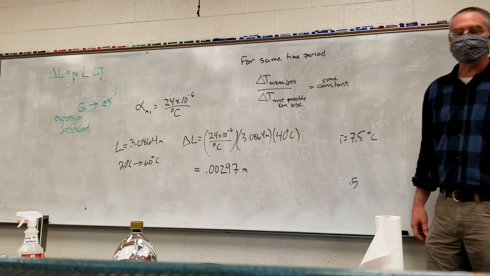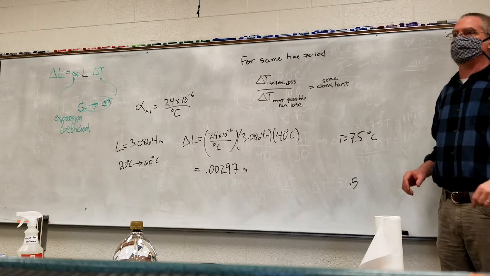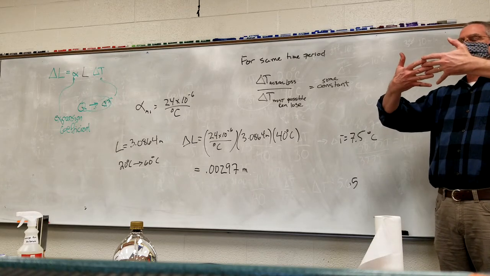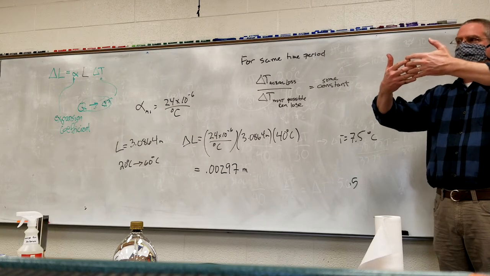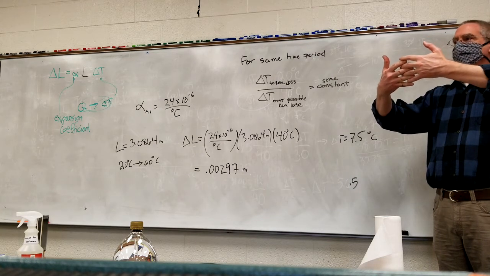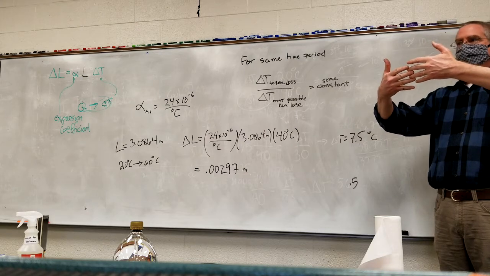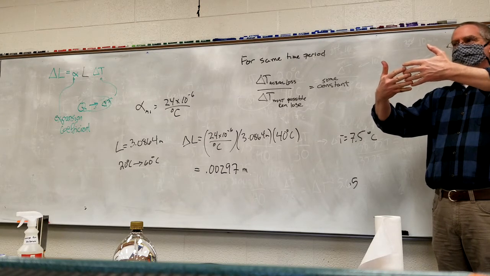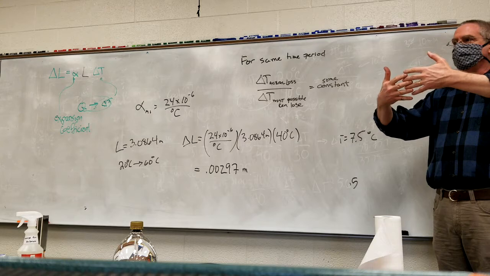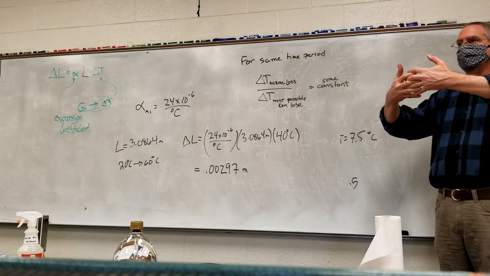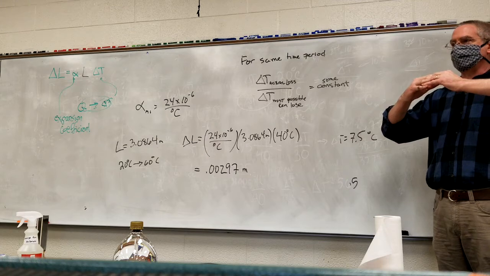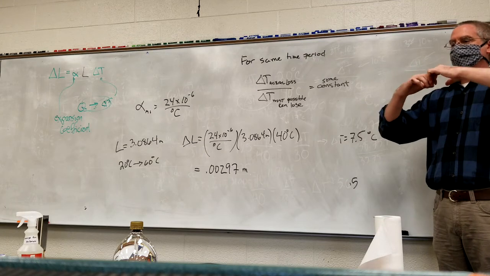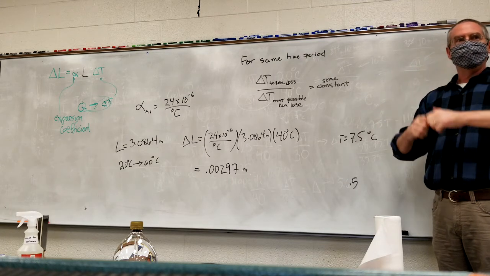But it is something you do need to take into account, especially bridges, where you've got the gap there and you've got the metal, when your car goes over it, you hear the boom. That's there to account for the expansion. It's going to shrink in wintertime, it's going to expand in summertime. You don't want it butted up against itself. You don't want just one solid piece of concrete. You've got to have the grooves in it because otherwise you start getting the buckling, because when it expands, it has nowhere to go but up.